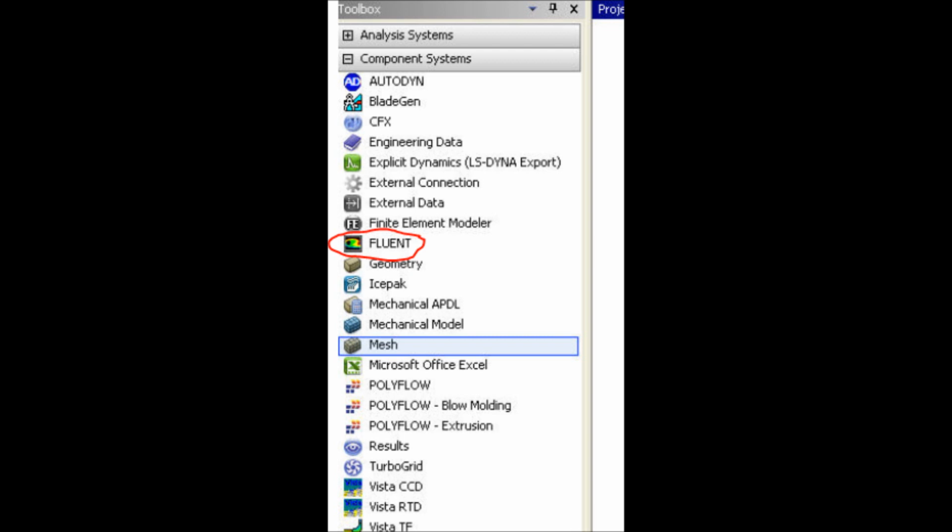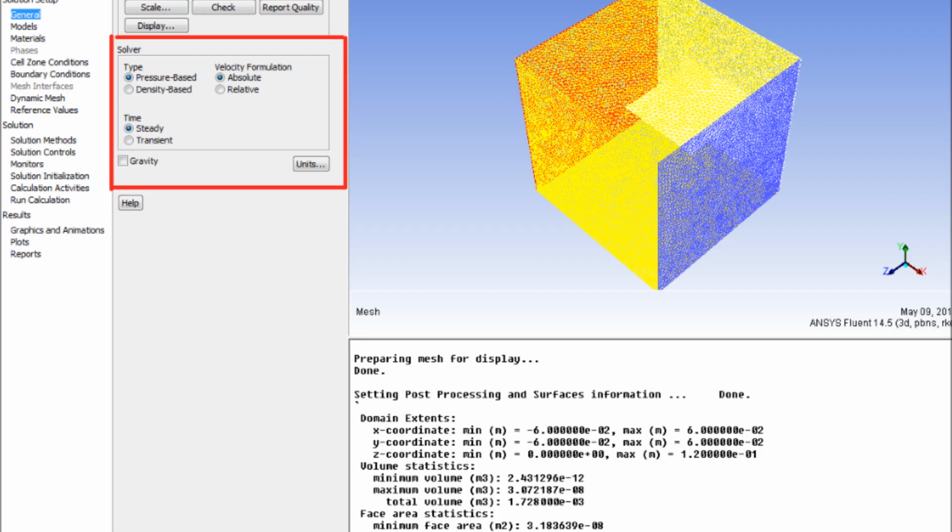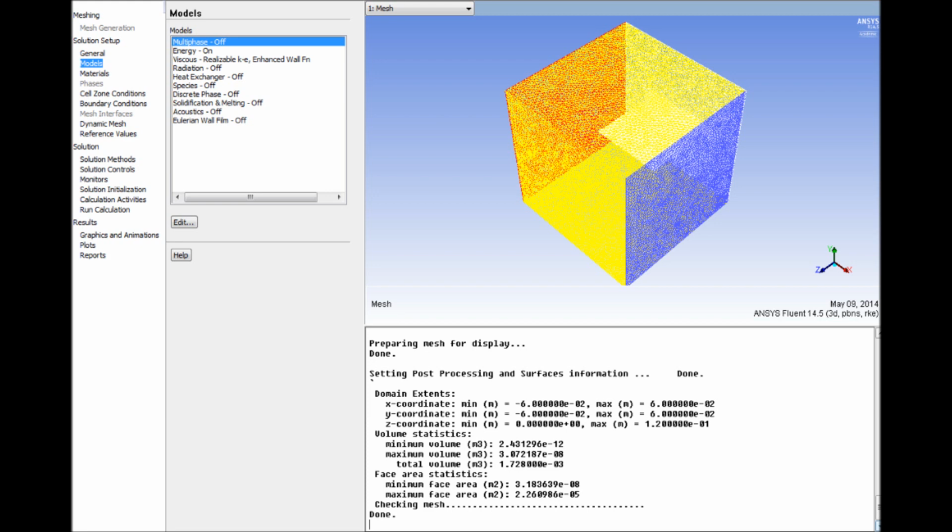Hence, we move to the next step, which is dragging the fluid component into the project schematic. Different solution setups have to be added in order to run the calculations. We start with General, where we set the solver type to pressure-based, the velocity formulation to absolute, and the time to steady. In Models, we can activate different settings. For example, we turn the energy on. We can also add the viscous model, and we set the model to laminar, since, based on the problem conditions